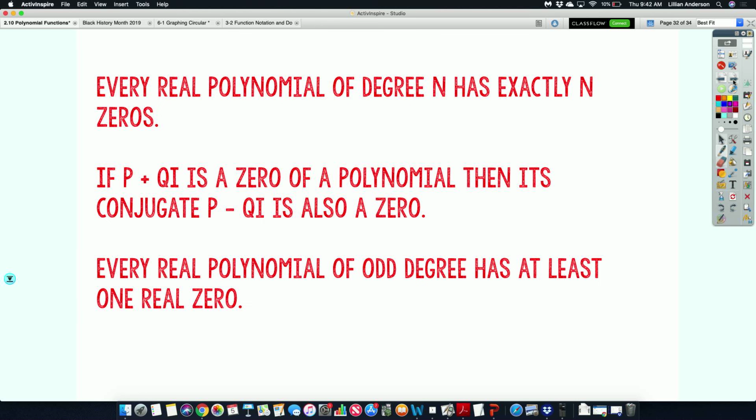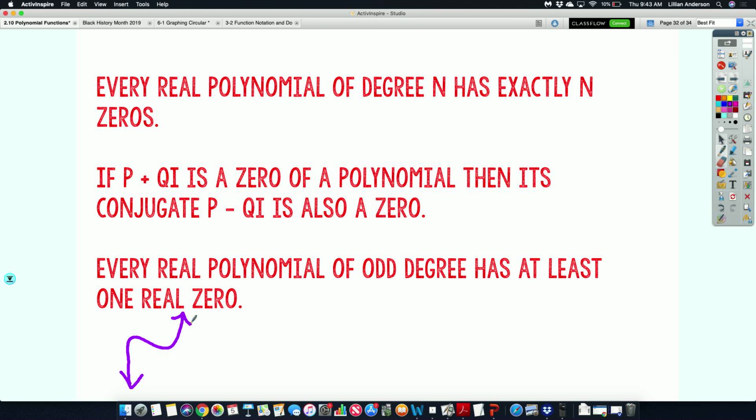Lastly, every real polynomial of degree n has exactly that many zeros. As we said, if p plus qi is a 0, then we know its conjugate, p minus qi, is also a 0. All the imaginary ones we dealt with had its original and its conjugate. And every polynomial of odd degree has at least one real 0. And we talked about that